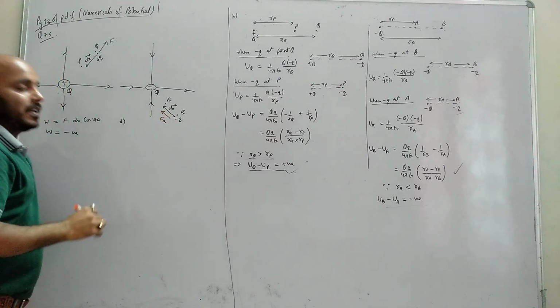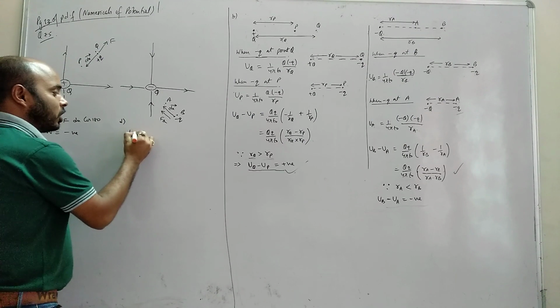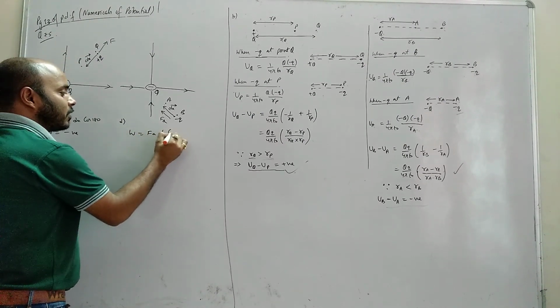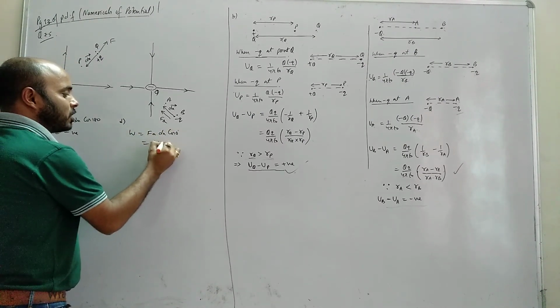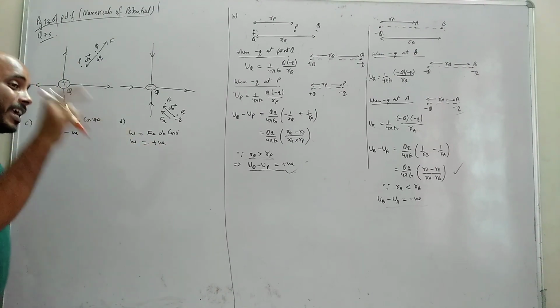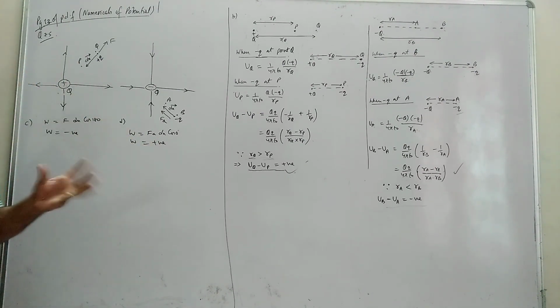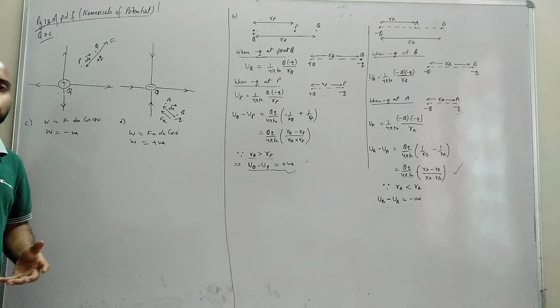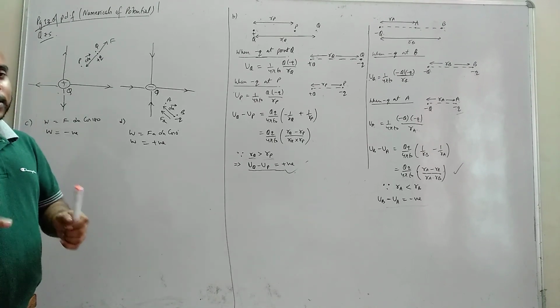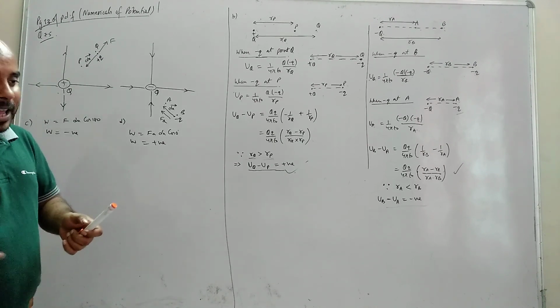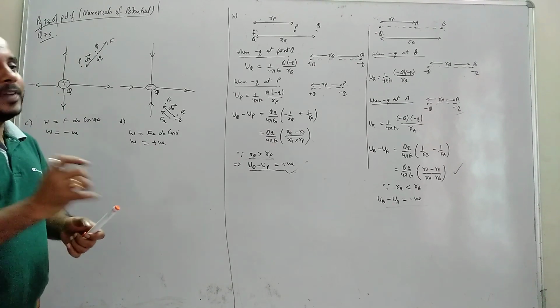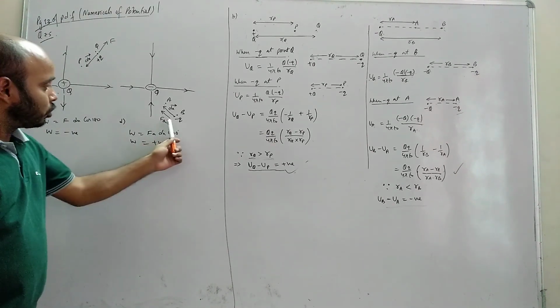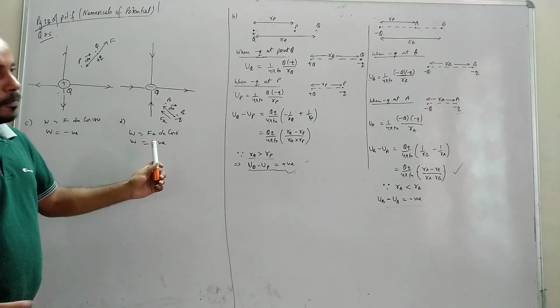Apply force Fa. Okay, so work done will be what? Fa dx cos 0 degree. Again it is positive. So since it's written external agency, whenever it's external agency written, always the work done is positive, because external agency, someone else will apply force in that direction only where the body needs to move. Here the charge needs to move B to A. That means we need to apply force B to A.